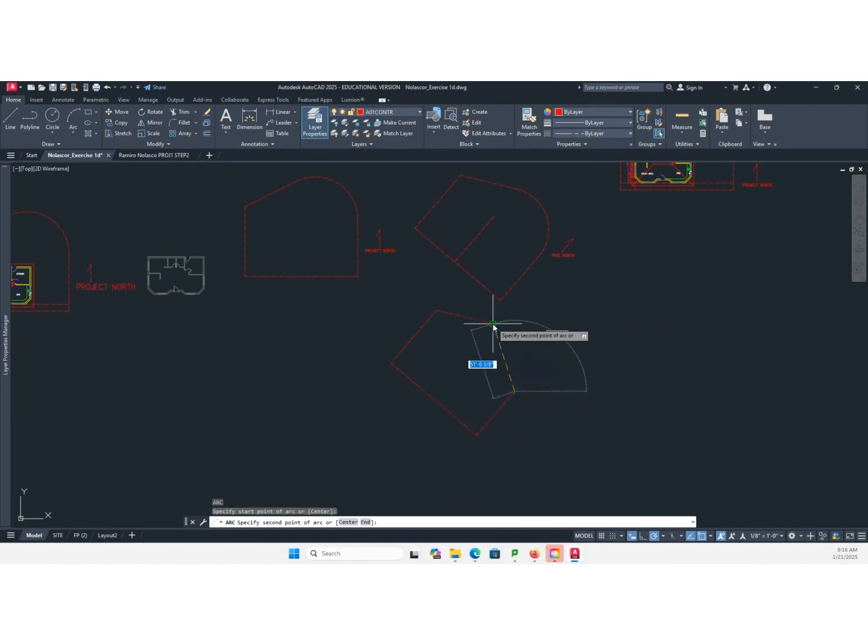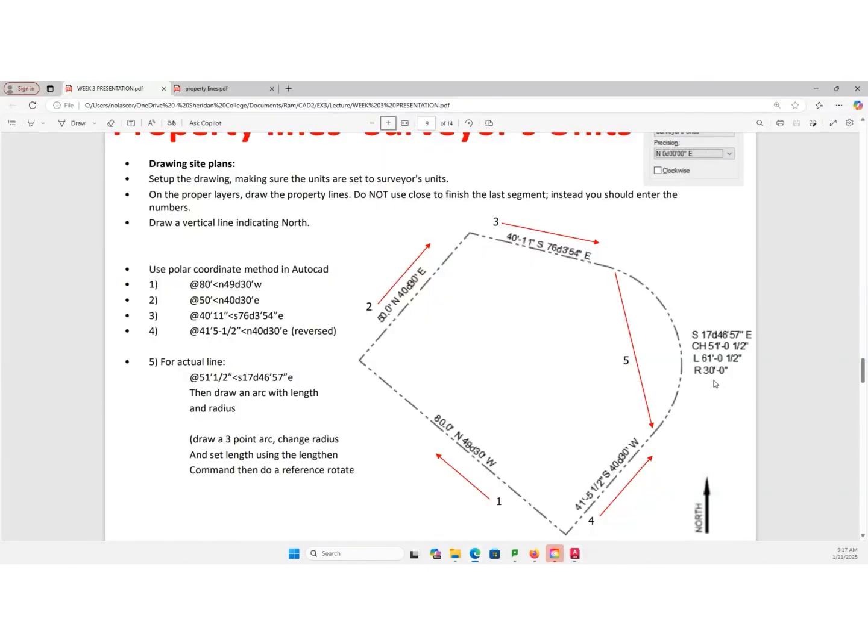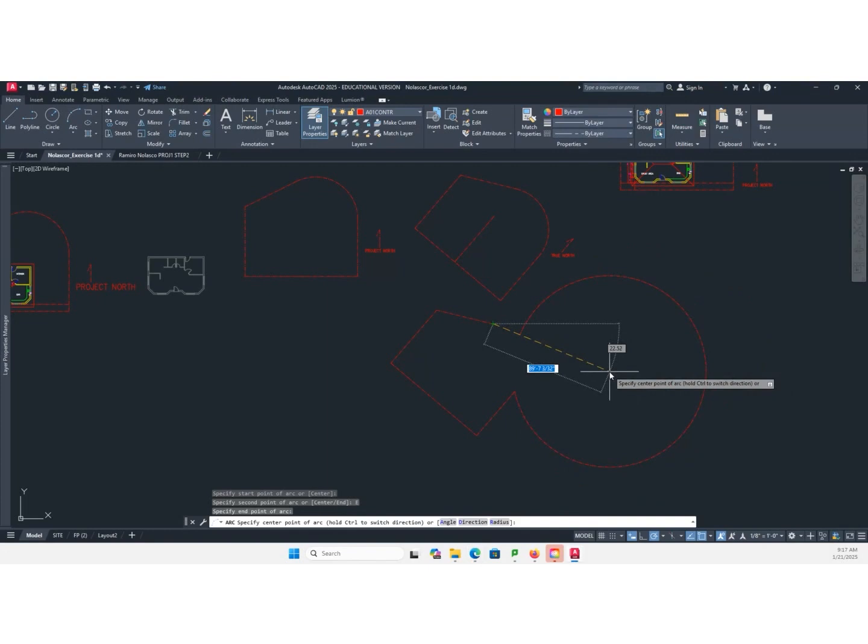And then I know this will be the end point, so I'm going to type E to tell AutoCAD to go to the end point of the arc. And then I know the radius. The radius is 30 feet. So I type 30 feet, enter.